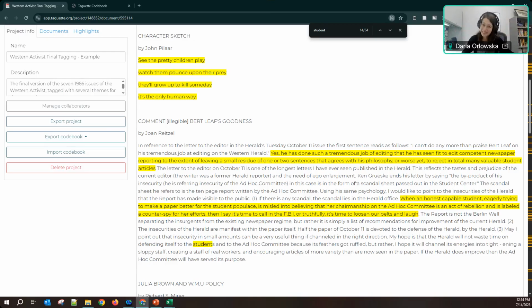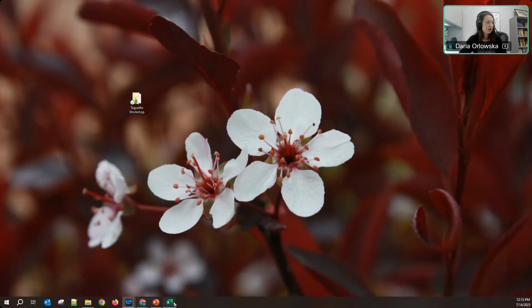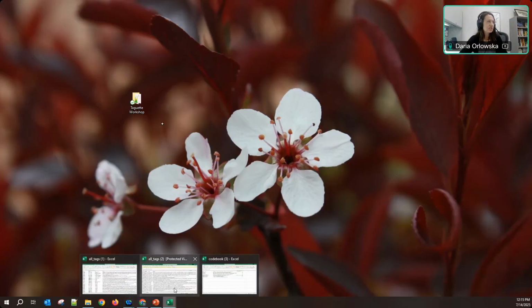And that can be a really good thing because sometimes things might be tagged that you find out have nothing to do with what you were interested in. And you would have to make that determination after it's been already coded, whereas here you can do it before it's been coded.